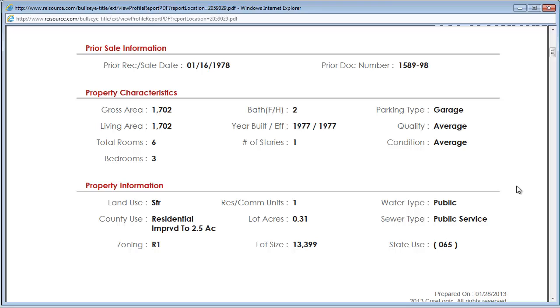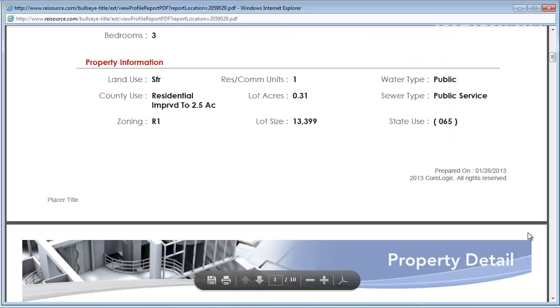So up in El Dorado County, in certain areas there's places where people have well water and have their own septic tank. This doesn't have that. This is connected directly to the system. This shows that the zoning is R1, that it's the lot size, and then this is a code for state use. Go down from here,